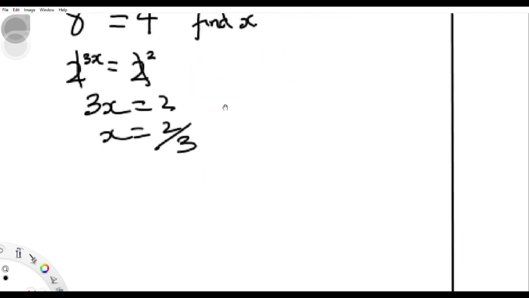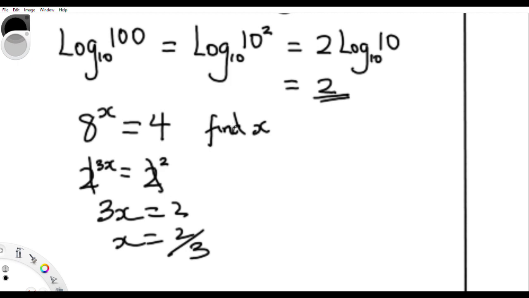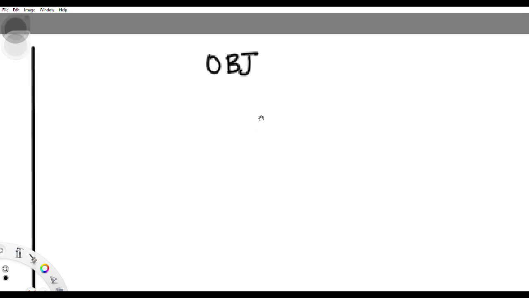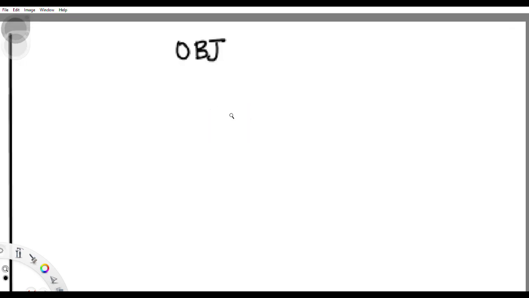And let's take it a little step forward. Now the purpose of this tutorial is to show you the shortcuts, and now that we already have the knowledge, let's just go straight into the shortcuts. Now in your exams you deal majorly with OBJ questions, and the OBJ questions we are going to use their questions. We're going to use their options to answer their question in the shortcut, and that is why I decided